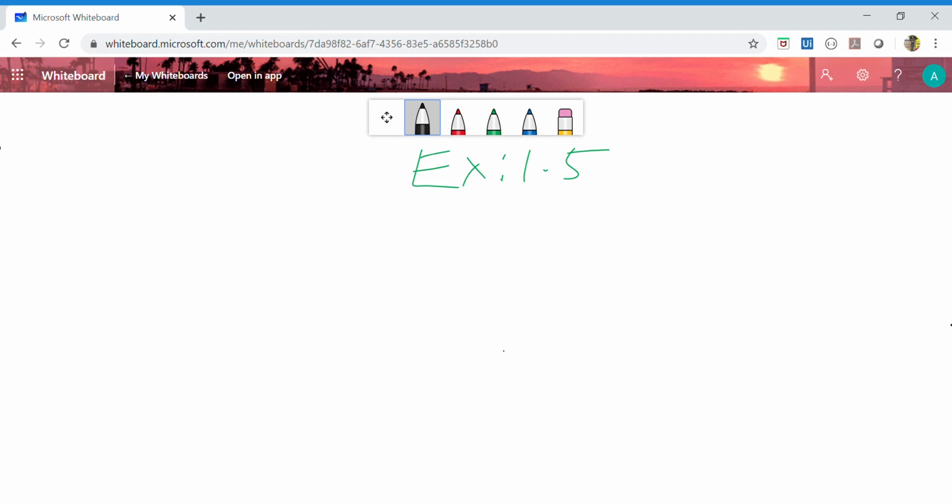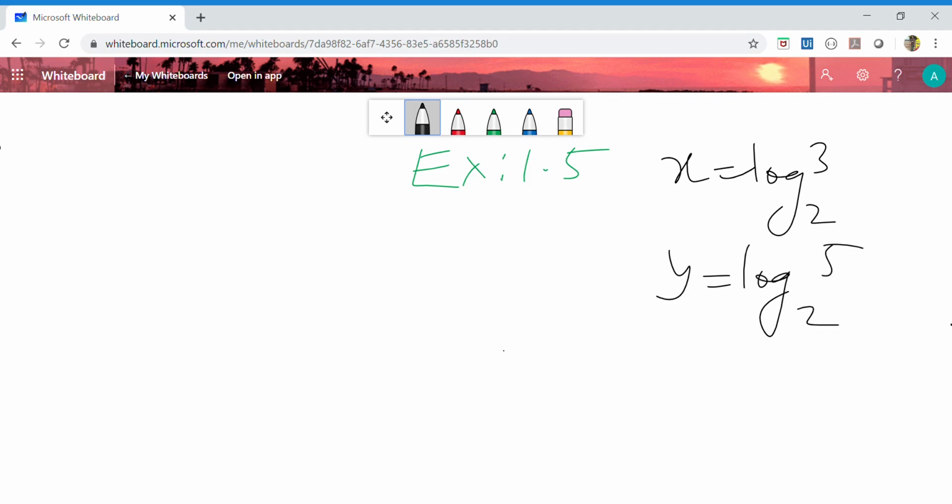Next. Evaluate each of the following terms in x and y, if it is given that x is equal to log 3 to the base 2 and y is equal to log 5 to the base 2. These are the given conditions. And how can you simplify